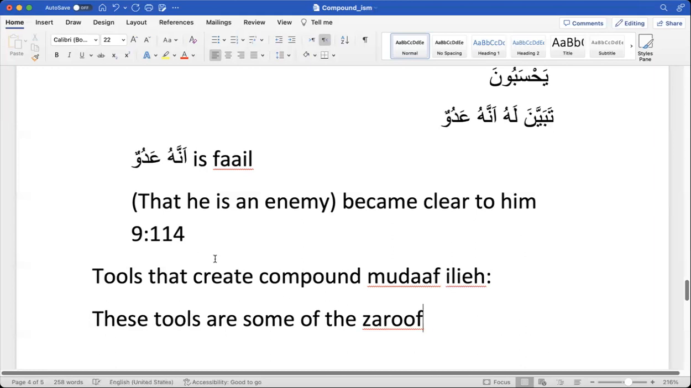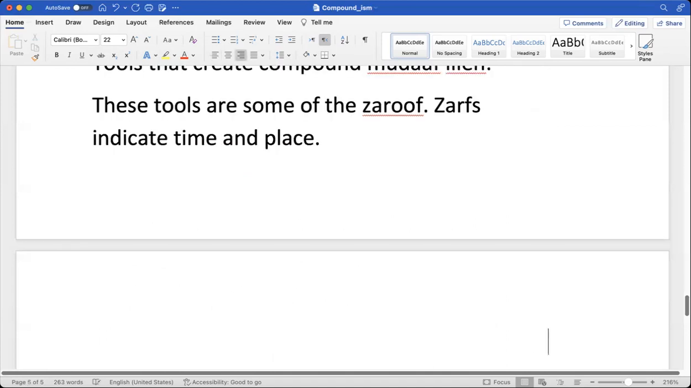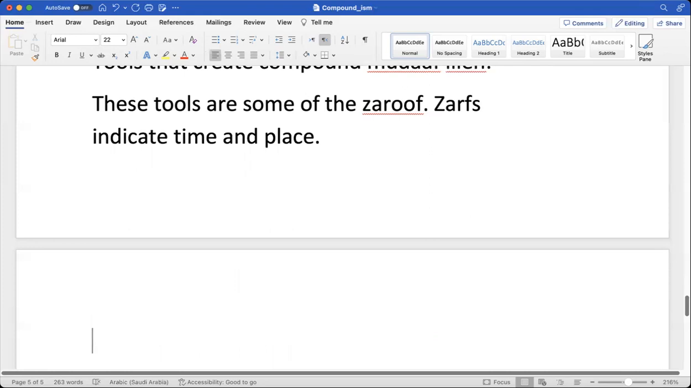So what do zarfs actually determine? Zarfs indicate time and place. For example, if I say fauqa, it means above. It's a zarf and it indicates place. Qabla means before, so it indicates time. So there are some zarfs in the list of zarfs which are always